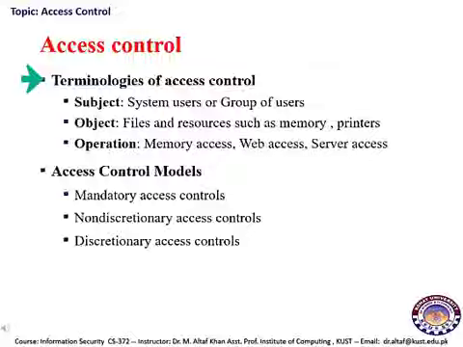So we use the word subject for users in access control, while the object is the resources which is being used by the user, or it may be a file, or it may be a memory, or it may be a printer which is going to be used by a subject. So that would be considered as object in